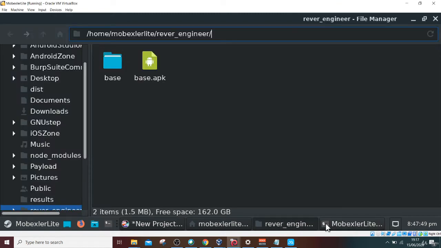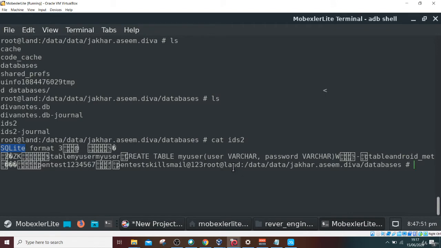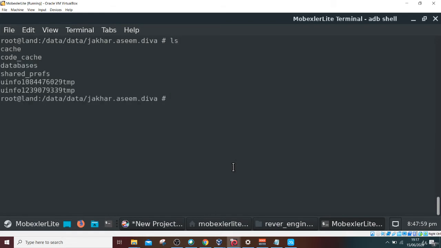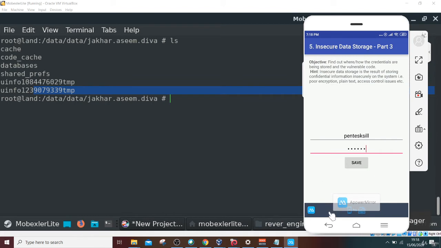Now let's move to our command line to see if any temp folder was created for that. You can see there is a uinfo folder, created earlier, and I think this one is newly created. Let's create one more and see if it stores all the temp files in this folder.